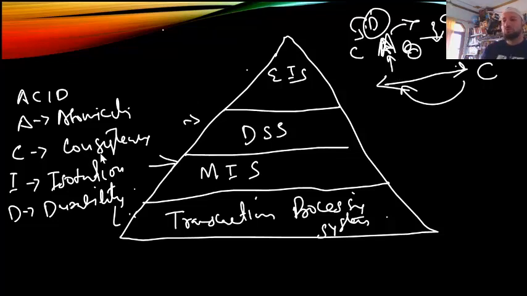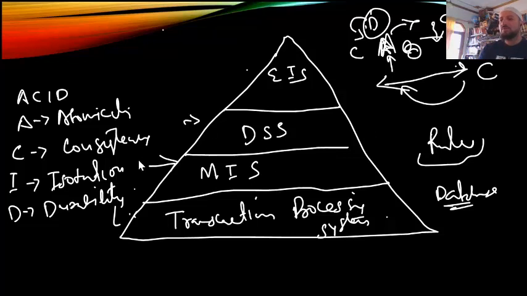Now the second one is consistency. What consistency means is you are consistent with the rules. Whatever rules you have specified, we may have a lot of rules. Maybe we are dealing with the database, so the database integrity constraints and all that. All those rules should be applied, and our system should follow those rules with consistency.